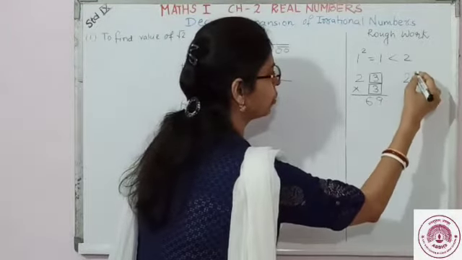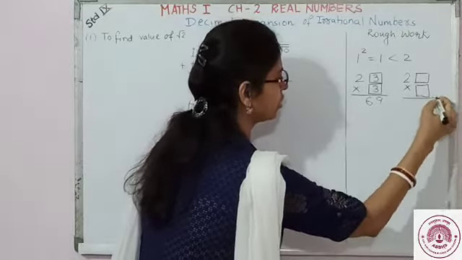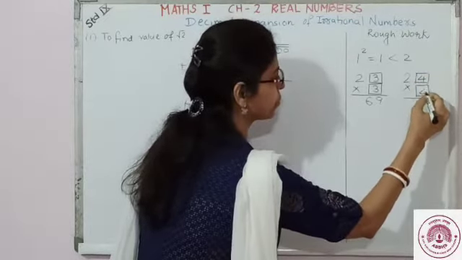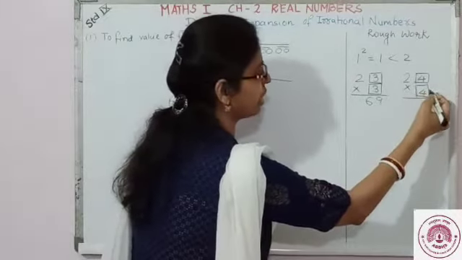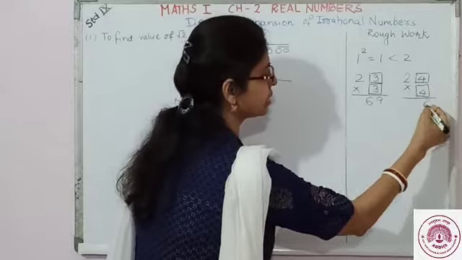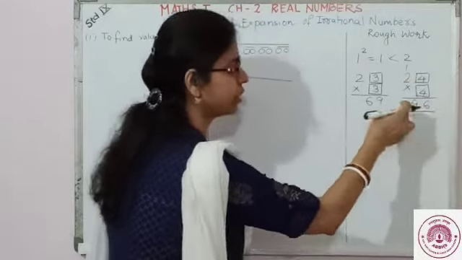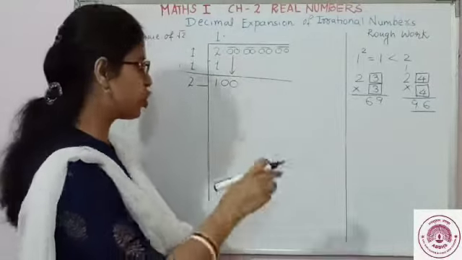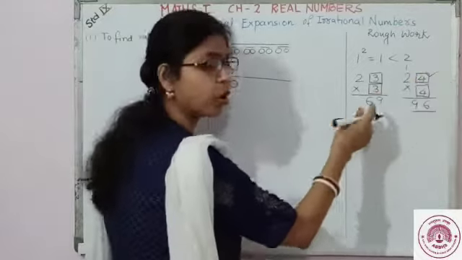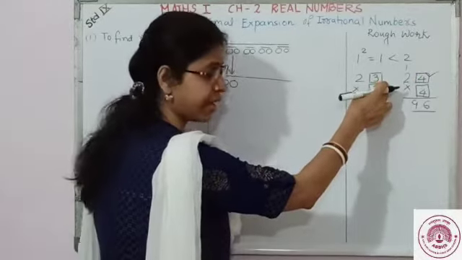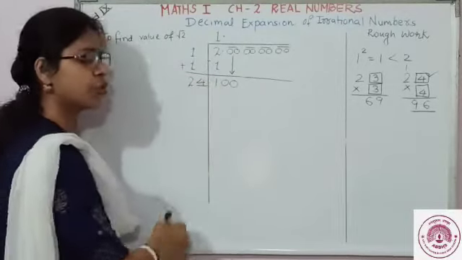Let's try one more, the next digit. So 2, then multiply by again the same digit we have to take. So let's take 4. Okay, so 24 multiply by 4. Let's check what is the multiplication here. 4 4s is 16. 4 2s are 8 plus 1 is 9. So the value here is 96, which is closer to 100. So we will take 4. Okay, we will not take 3. Fine. So 4. So here in this empty place we'll put the value 4.